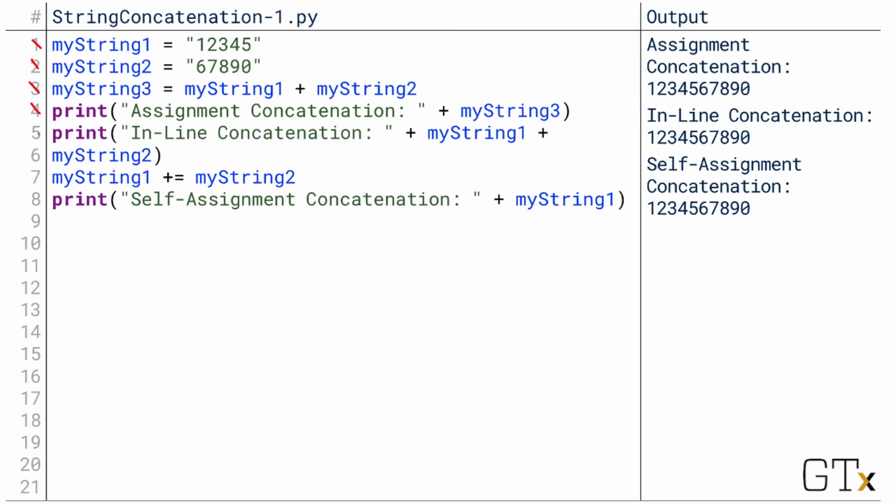We can also concatenate inline. You can pretend like mystring2 is actually up here. The line just got broken because the window is too narrow. Here, we're concatenating mystring1 and mystring2 together right inside of our print function. We're not assigning it to another variable, we're just putting them together directly. And the result of that is the same thing, 1, 2, 3, 4, 5, 6, 7, 8, 9, 0, all